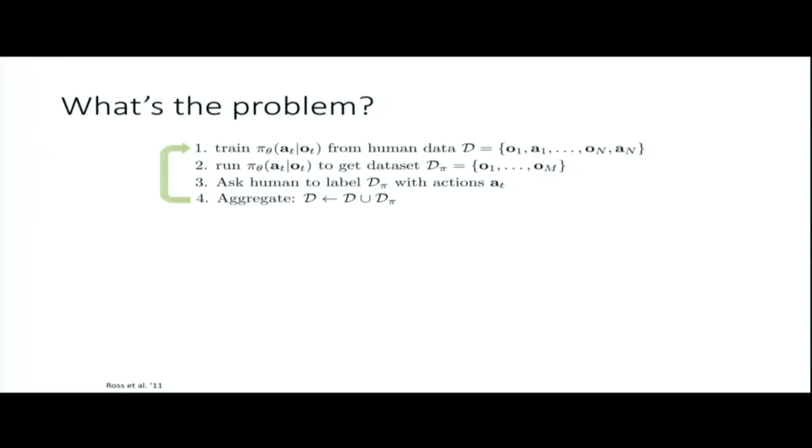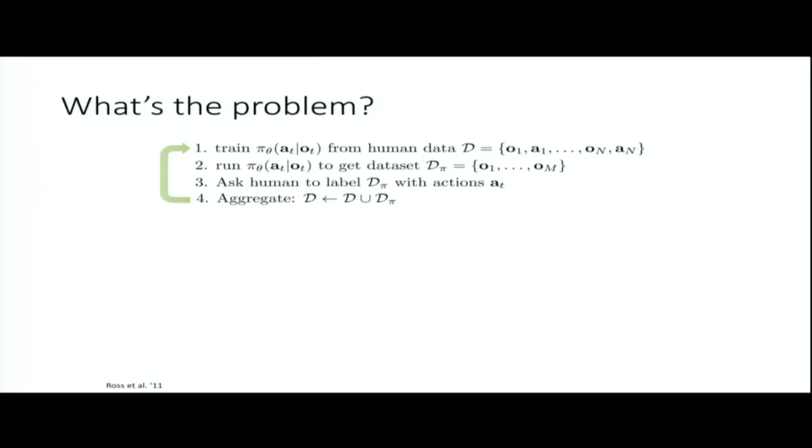Okay. What are some of the problems with this approach? Any guesses? Any ideas about what some of the things that are a little difficult might be? Yes? It doesn't use any of the previous observations. It only uses o_t rather than o_1 through o_t. That's right, yeah. So the policy that you get, the way I describe it, is actually reactive, so it's only looking at the current observation. And I'll talk later about some of the ways we can address that. Any other ideas?